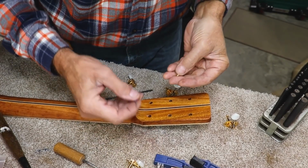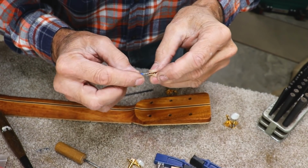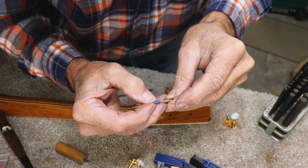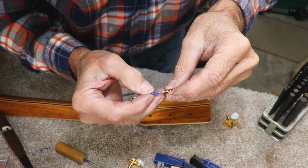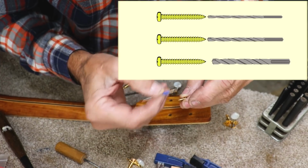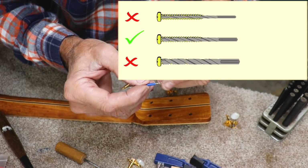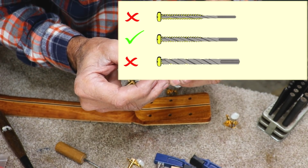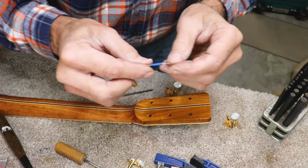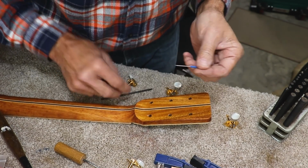Alright, I'm ready to drill the little holes, and you'll always want to size your bit. The best way to size it really is visually, and you can put your bit right on top of the screw, and you should be able to see threads on both sides of the screw, but just barely see the threads. As long as you can see threads on both sides of this bit, then you should have the right size bit. I also have this marked as a depth,